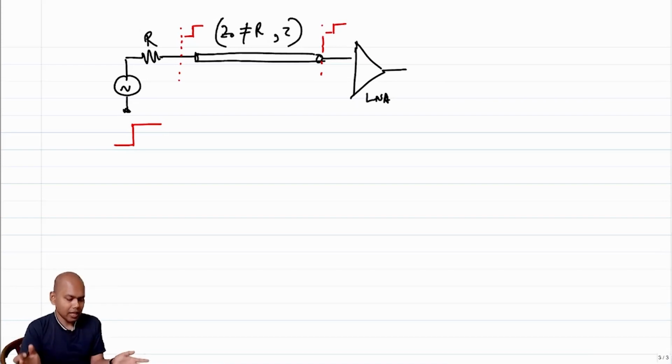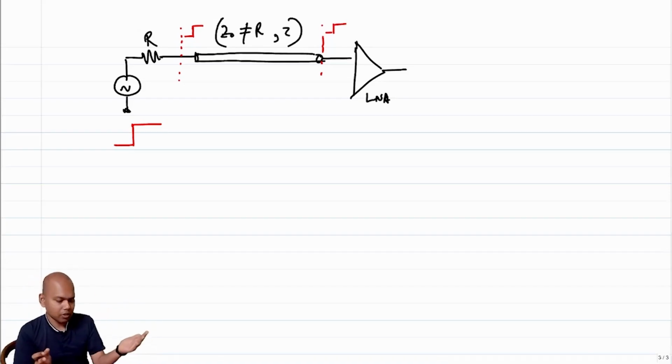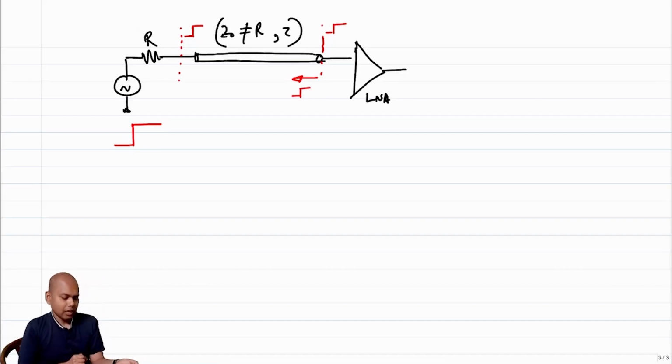But now it sees, let's say, an open circuited interface. I do not know what the impedance is. Maybe the LNA has some impedance. Some part of the waveform goes in, some part comes out, even if it's not open circuited. So there will be some reflection, and this reflection is going to travel, and after some additional time tau, this is going to come here. Okay,